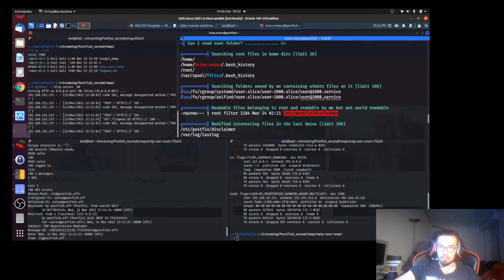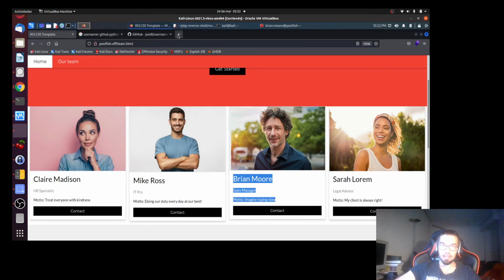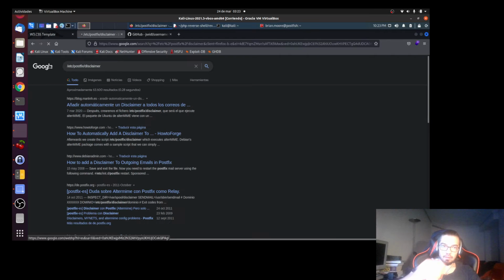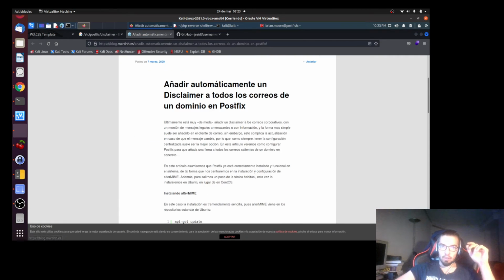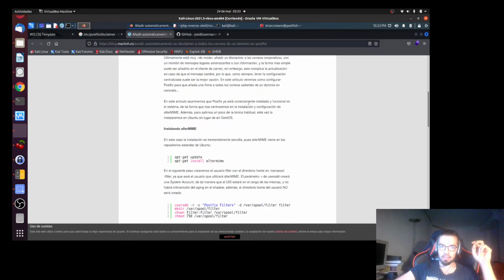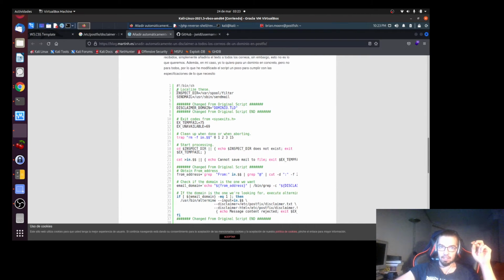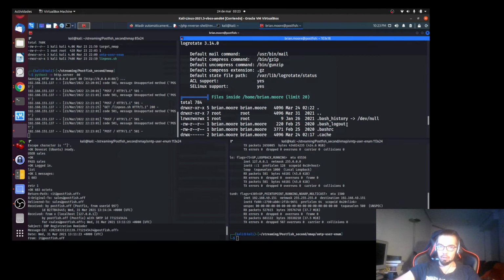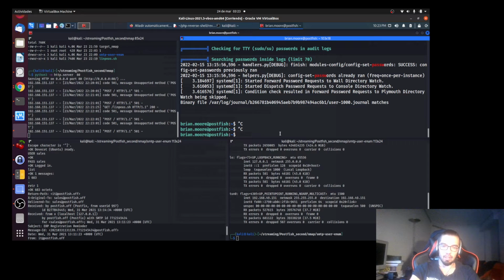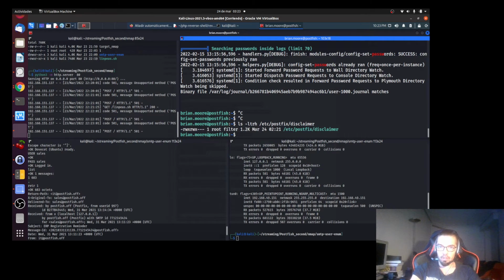So if we review this, where is it? Yeah, this path at /etc. It says: include automatically a disclaimer in all the mails of a postfish domain. So it seems that it's a script that includes a new disclaimer in every email. So if we can modify it, and we can, because we belong to the filter group. Yeah, and this is the all permission for this group. So we can edit this /etc/postfish/disclaimer script